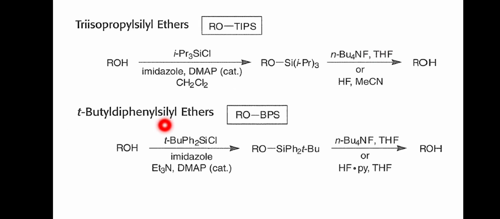Okay, one more silyl protecting group is TBDPS, tertiary butyl diphenyl silyl ether. It is also called TBDPS or BPS. So you use TBDPS chloride to protect, and again for deprotection you use TBAF. Now,